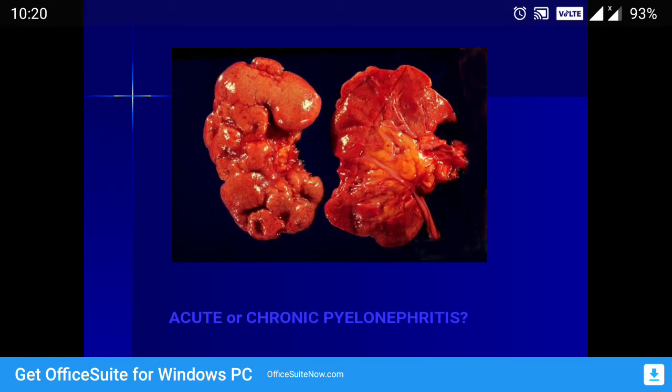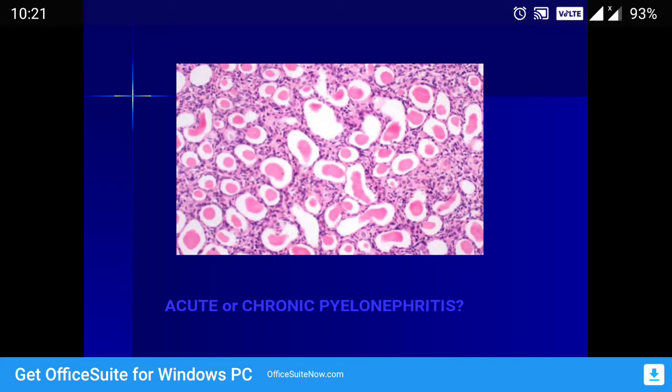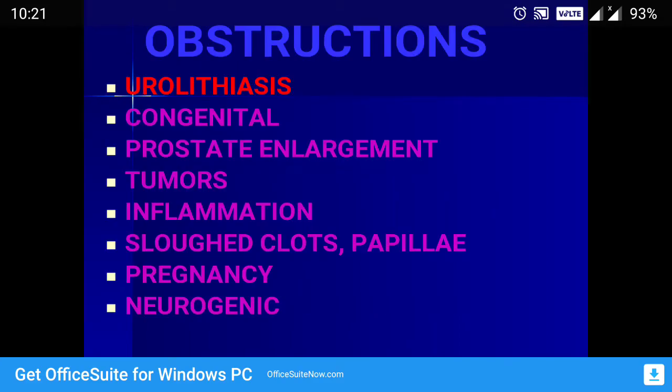Because of the formation of scars in chronic pyelonephritis, the kidneys will look irregular like this. You can see there is scarring in the center of the kidney, so it is irregular. And this is called thyroidization of tubules. You can see the tubules of the kidney showing hyaline material in the center, which mimics thyroid. That's why it is called thyroidization, which is seen in pyelonephritis.